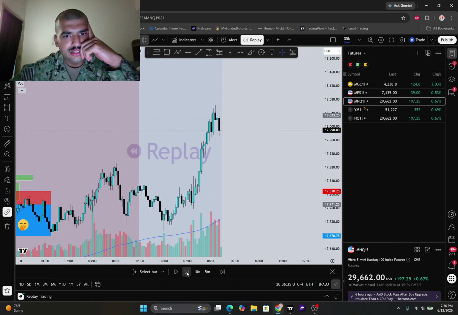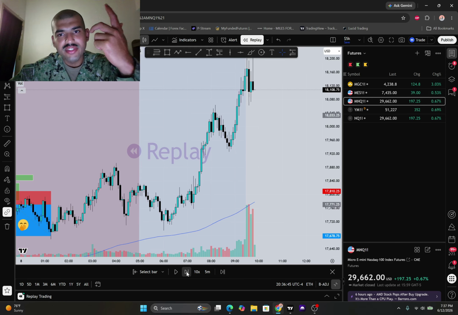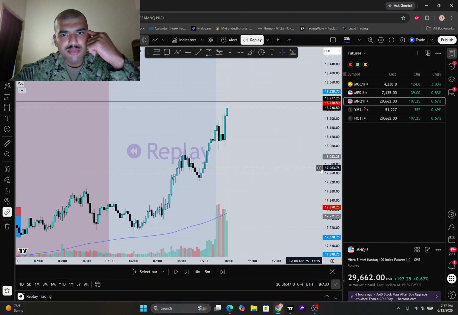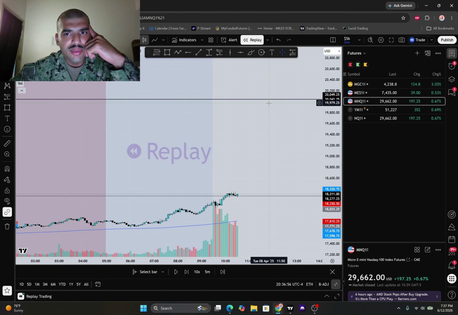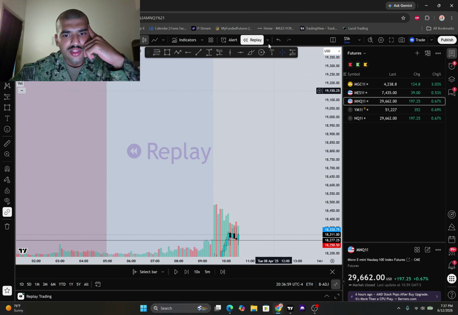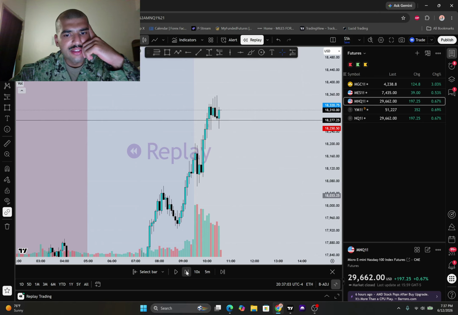I mean, price is shooting up pretty hard right now. Nice little pullback, but I don't really see any demand that has a gap in it, at least. I mean, I see other demands, but look at that, price is going up to that high. Take that high out, boom, took it out. And then we have our other high, which is the main high that needs to be taken out. So that's where I'm thinking price is headed towards, just that high. But I don't really see an entry happening here. I mean, at least for my setup, I don't see an entry.